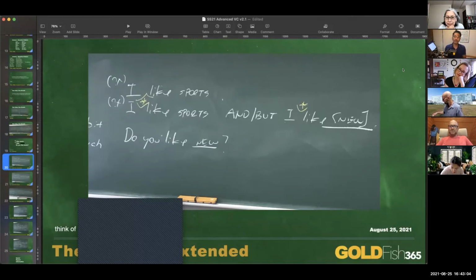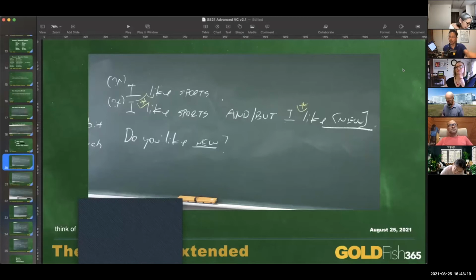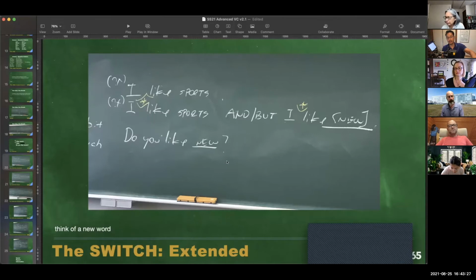So you can start doing things like saying, okay, let's practice the negative. We were practicing that earlier today when we were doing the first warm-ups, and we practiced how to turn "do" into "do not" and how to tag that onto a regular verb and say, I don't like. Okay, now, if you don't like what your partner said, tell the truth, okay? So when I start saying the switch has been extended, and by the way, I call this phase of VC the switch because they're switching these words.